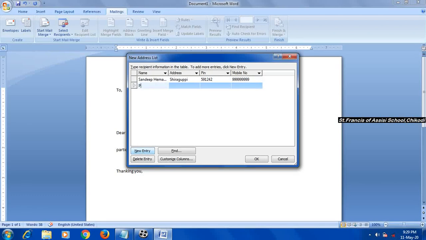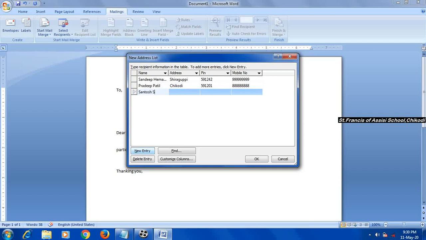Just click on the new entry button to add a new record or new row. Now the second name is Pradeep Patil, from Chikkodi, 591201. Again for the mobile number, we'll add some numbers here. I will use a shortcut key to insert the new row, that is the tab key. Just click on the tab key to insert the next row.